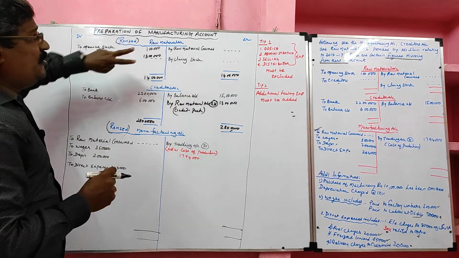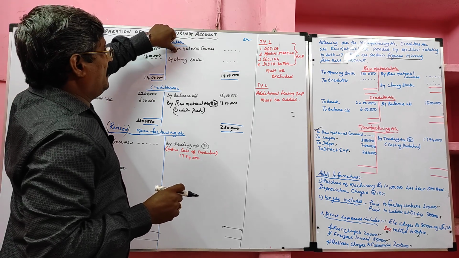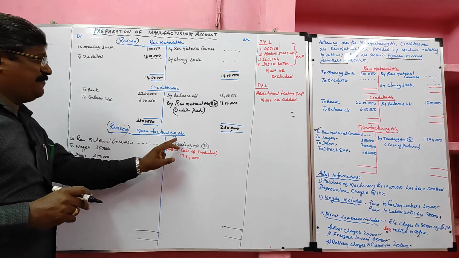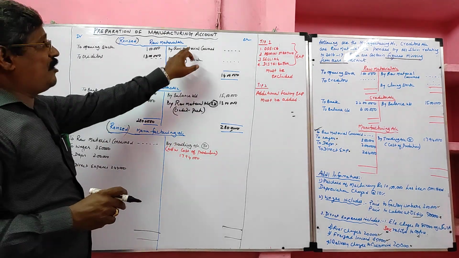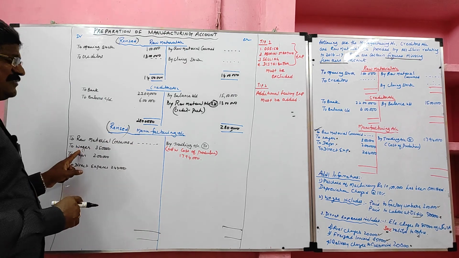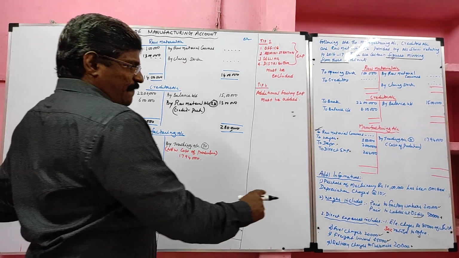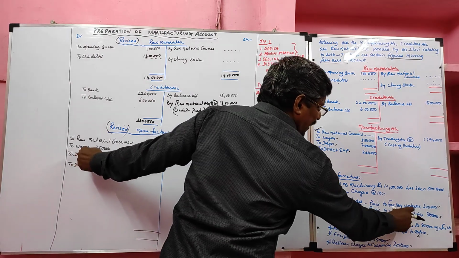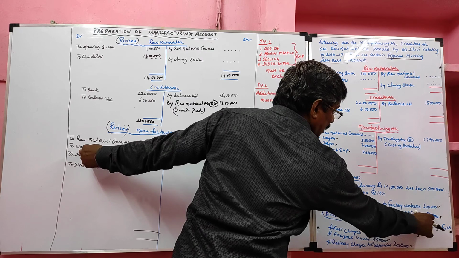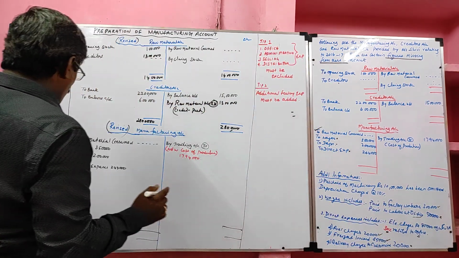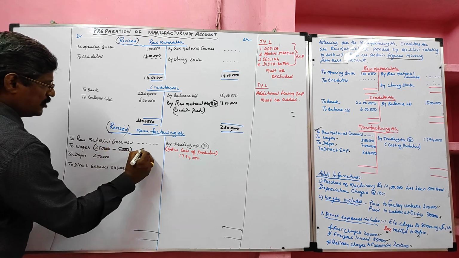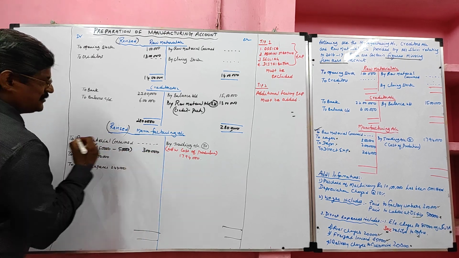Then on the credit side, two pieces of information are missing: raw material consumed and closing stock. With the help of the revised manufacturing account, we can find the raw material consumed. Here we have an adjustment for wages. Wages paid to factory workers, 3 lakh, is correct. Paid to laborers at the office, 50,000, that we should exclude. So wages should be excluded by 50,000. So the balance of 3 lakh we are supposed to write.